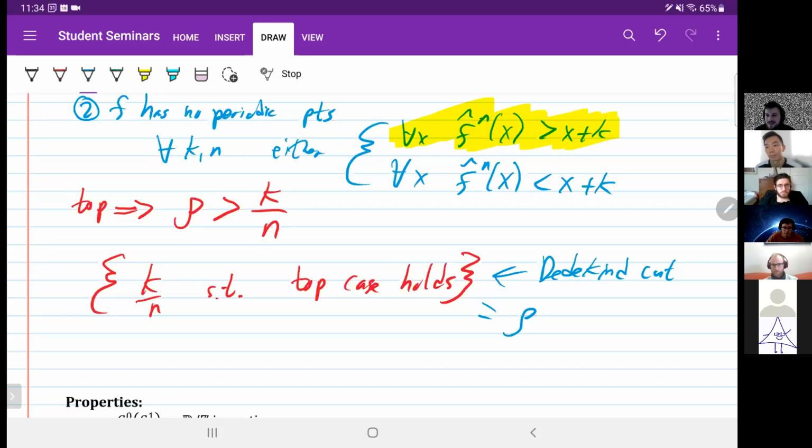How are you defining the set? How am I defining? This is K_{n,s}. What's that? Sorry. For every k and every n, either you have the top case or the bottom case. Yes. Right? And so I am just defining this as the set of